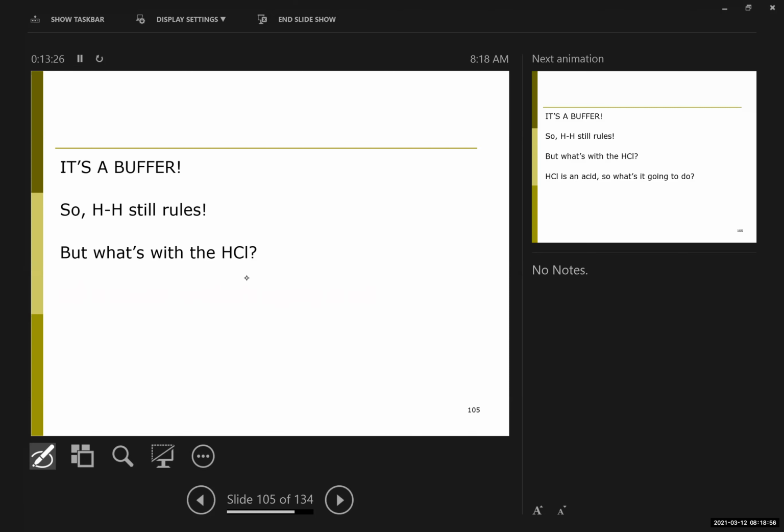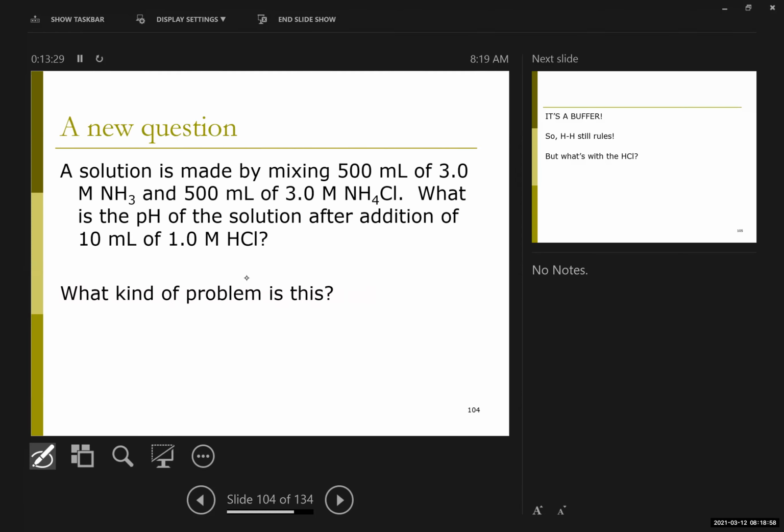If you read the actual problem, the last thing I added was the HCl. That is irrelevant to the way I solved the problem,